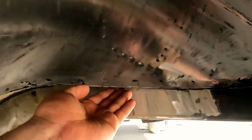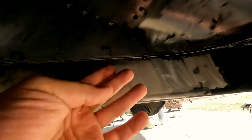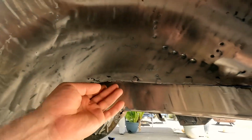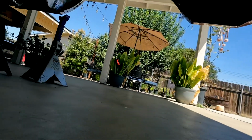There's a little bit of sheet metal that I left overhanging over here. You can see a little bit of the shavings are coming off. I've been shaving everything down. I'm really trying to get this body to look nice and straight. I want it to look as if it's the way it was from factory. So still I do a little bit more massaging, finessing in this area. Obviously this still needs to be stripped down. And over here,